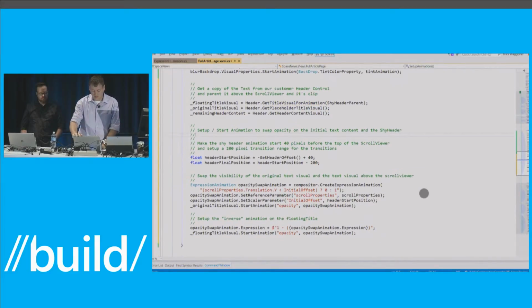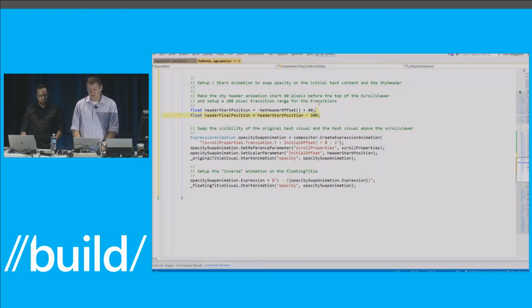So now that we've got our visuals, let's go ahead and set up the actual animations. Again, we're going to do the exact same thing as before. We're going to figure out the range that we want to animate through. And then this time we're going to do it slightly differently. We're going to actually create an expression so that as it moves,